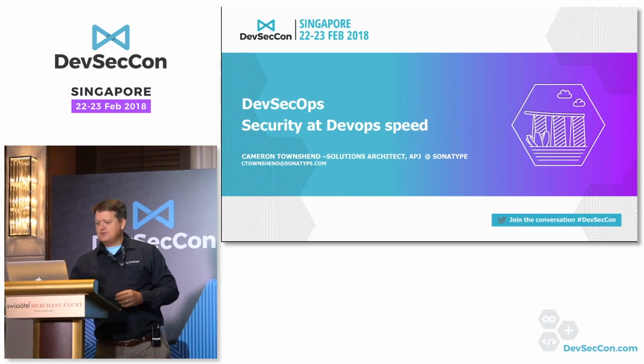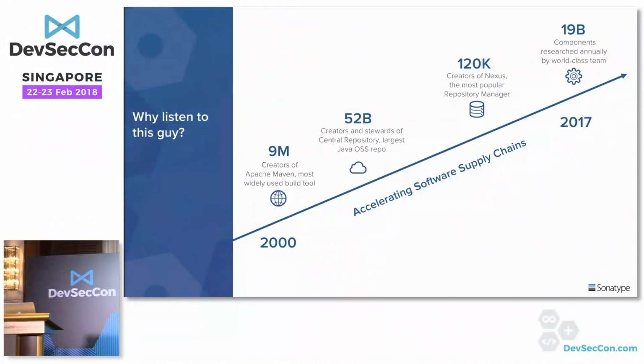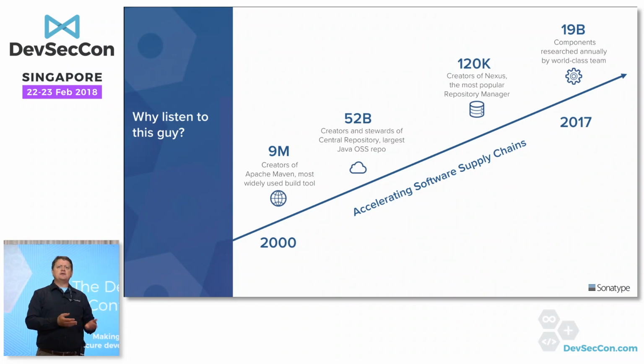So let me explain what this problem is. This is a slide of the growth of open source. I was at an insurance company, sorry, in Sydney, and the CISO said to me, Cameron, I've had this application for 14 years. Why do I need to worry about open source now? What's changed? Why do I need to spend money on this problem? What I was able to explain to her was that your developers used to write software from scratch, but today, modern software is built using components.